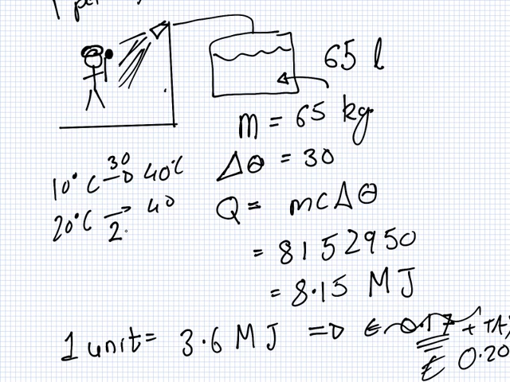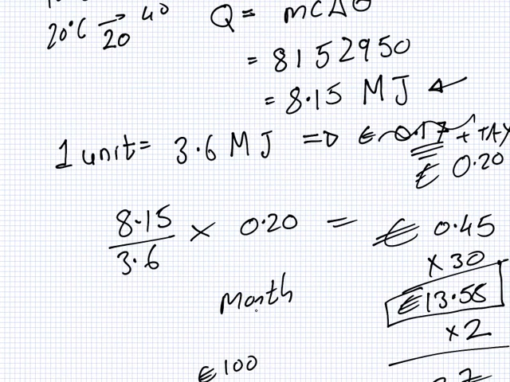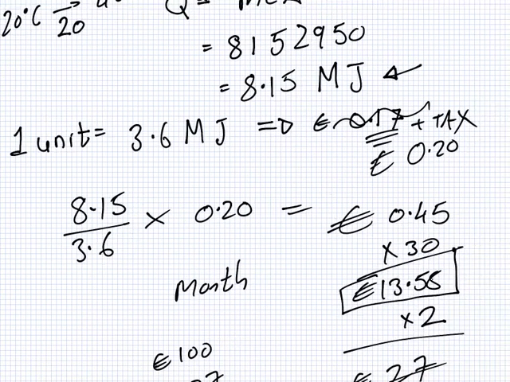It's only 20. Now, if that 30 instead was a 20, then this would be a good bit smaller, wouldn't it? It'd be maybe about 5 megajoules or something like this. So you would actually save a good bit of money. You would save, of the 13 euros, maybe about 3 or 4 euros every month